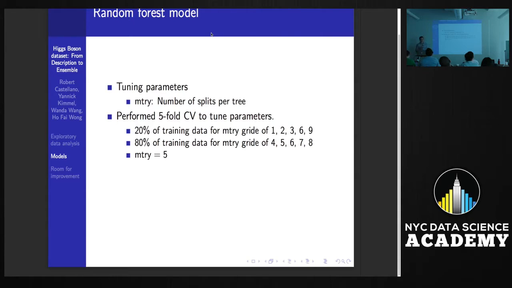So at the very first, I wanted to get a pretty wide range to tune the variables, so I only used 20% of the data. I looked at a grid of 1 to 9 randomly selected variables. And in this case, it chose 6 as the best model. And then with that as a center point, I then looked a little bit further. And 6 is actually a pretty good choice because